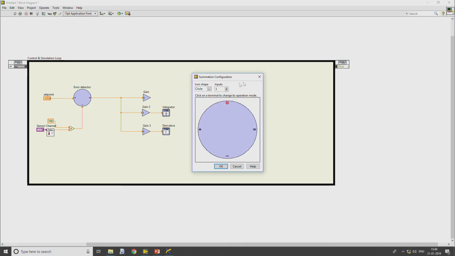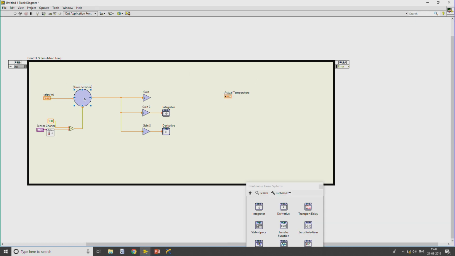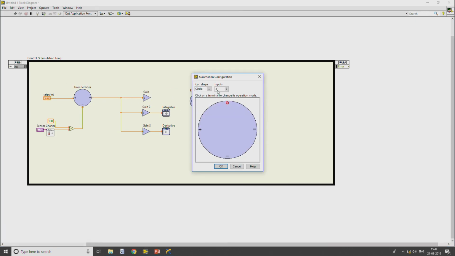So, we also require another arithmetic. I will copy and paste this particular error detector, but in this case we require 4 inputs, and this should also be positive, or I will make it this way, this is positive, this is okay.